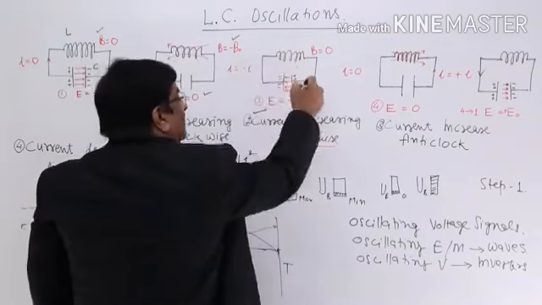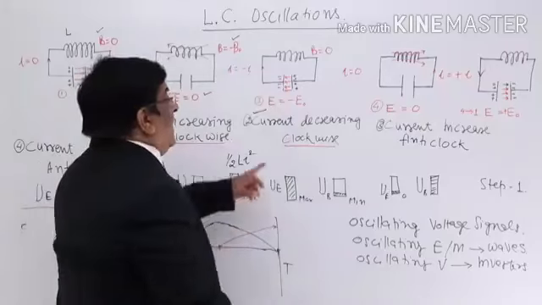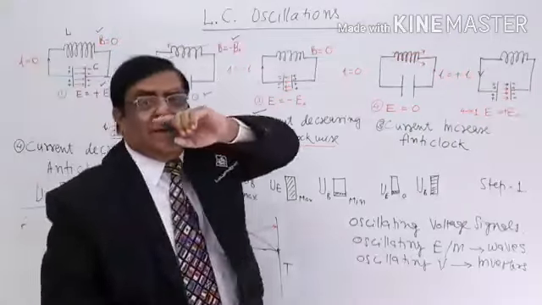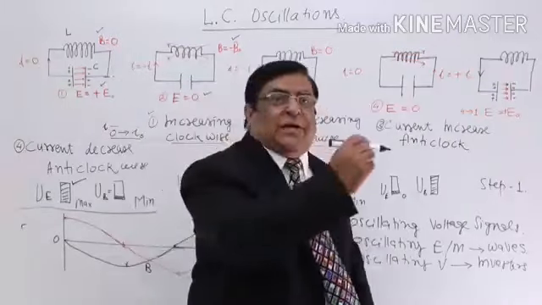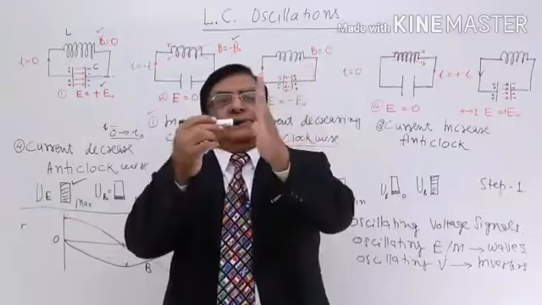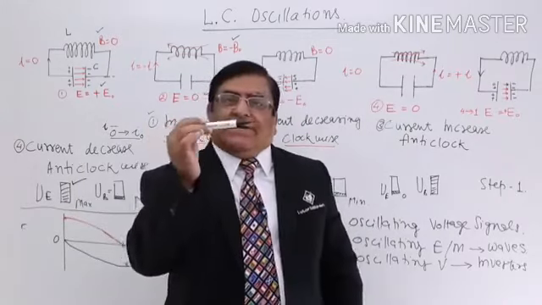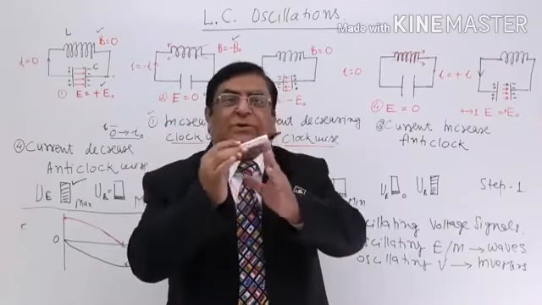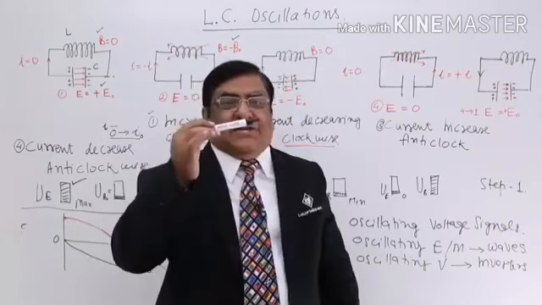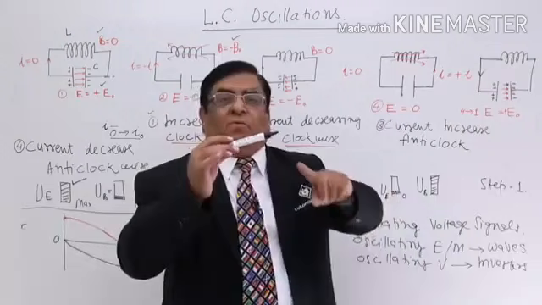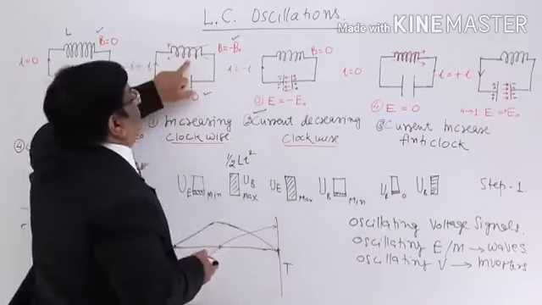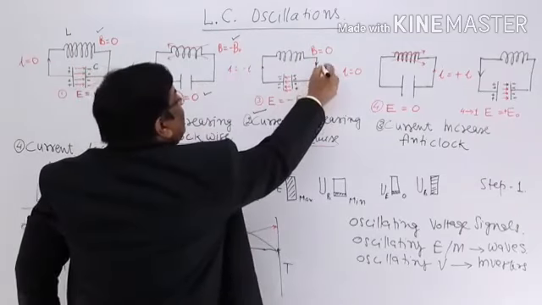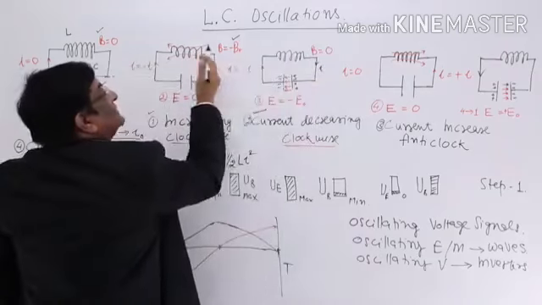Now, when charges are finished, current is decreasing. It remains clockwise, but it is decreasing. When it decreases, then it changes its behavior. What is its behavior? For decrease of current, it will support the current. If the current comes from here, it blocks it. Okay, now the current which has grown to the maximum starts falling down. When the current falls down, then what does it do? It does not want that change and it supports the current. When it supports the current, all its energy it uses to push the current in this direction. Push the current here. When it pushes the current here, its energy is gone.